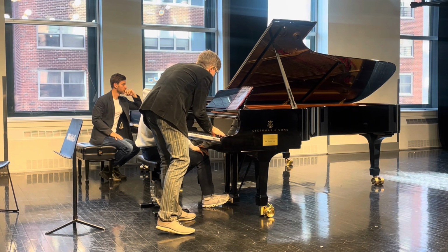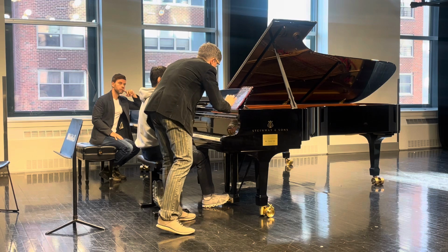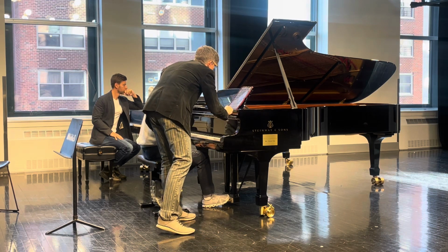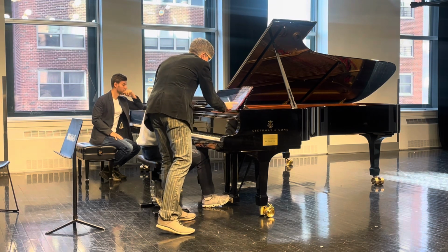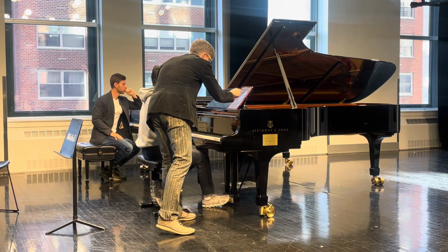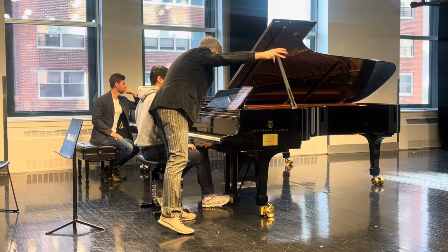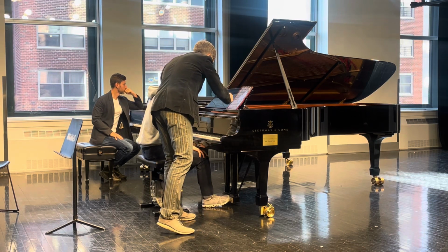Those high notes there. Make sure those pop out. Okay. And then I want to try this whole section again, starting at this big opening up arpeggio here. A little bit more from you here, because